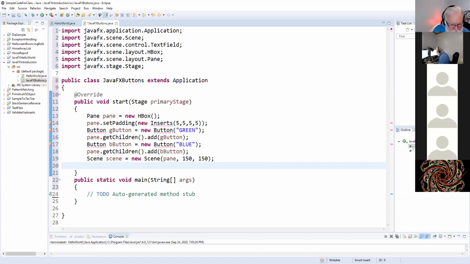Okay, now here's where I start using this. When we ran the last one, Hello World was sitting on a white background. I'm going to change the background color within the window pane, which will be within the scene, which will, well, you got the idea. Okay, so I'm going to say pane